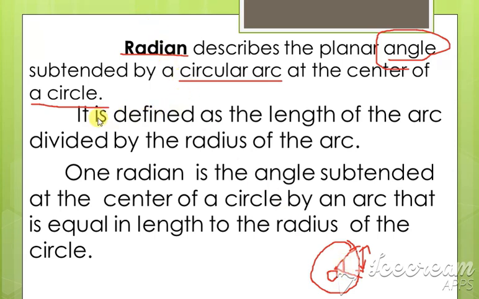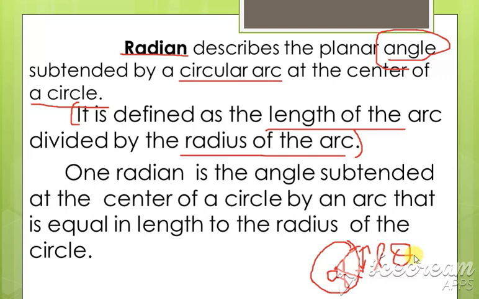And we also have a definition for this radian. So a radian is defined as the length of the arc divided by the radius of the arc. So we know that this is a radius. Let us consider the radius to be r. This length I am writing as L, okay. So let us consider this radian to be theta. That radian can be written as the length of the arc divided by the radius. So I am writing L divided by r, okay. So theta is equal to L divided by r. So this gives your radian.